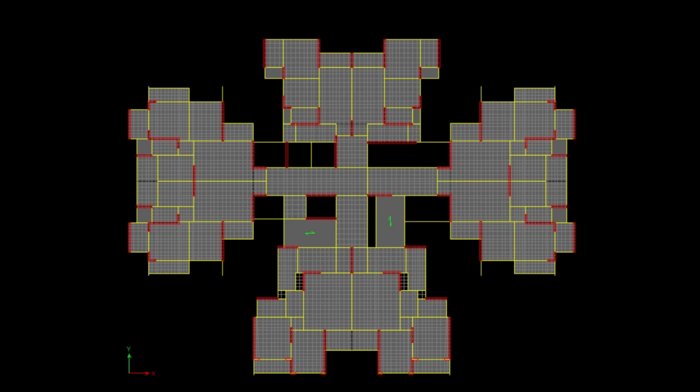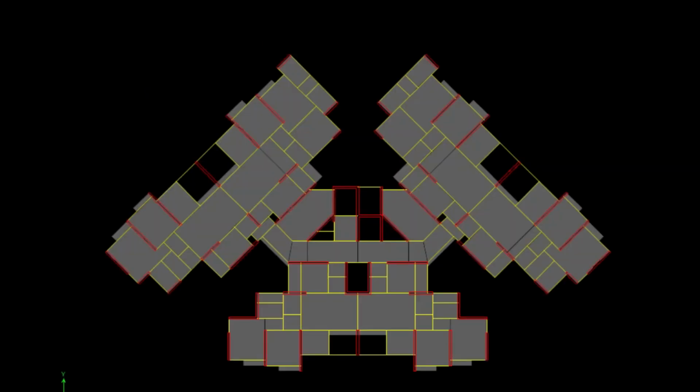If you are looking at some buildings like this, here you will notice that the major walls of the building are along inclined directions, which we can call the U and V directions. So for this building there is the X direction, Y direction, U direction and V direction, and these are oriented at 45 degrees. Now in such types of buildings, the 30% rule may not be perfectly conservative.